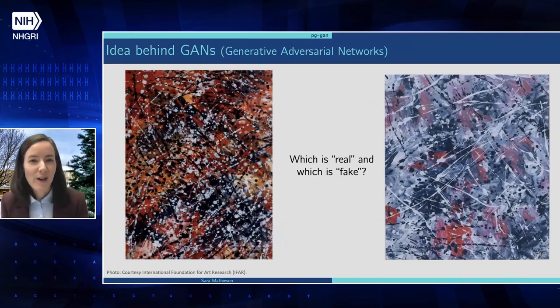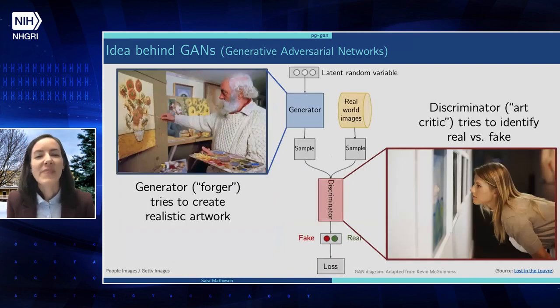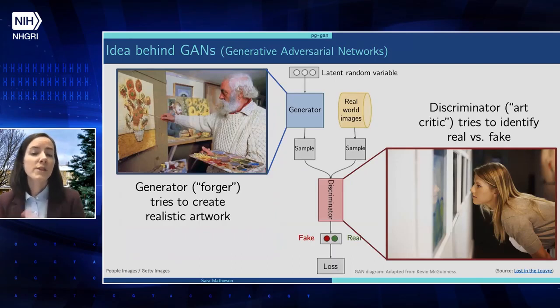Okay, so being a bit more detailed, if we were to think about what a GAN architecture really looks like, it has these two components. It has this generator, or we can think of that as a forger, that's trying to create these synthetic examples. And then we have the discriminator, or we can think of the art critic, that's actually trying to identify this real versus fake. And an important part about the discriminator is that they have to make a binary classification at the end of the day, whether that example is real or fake.